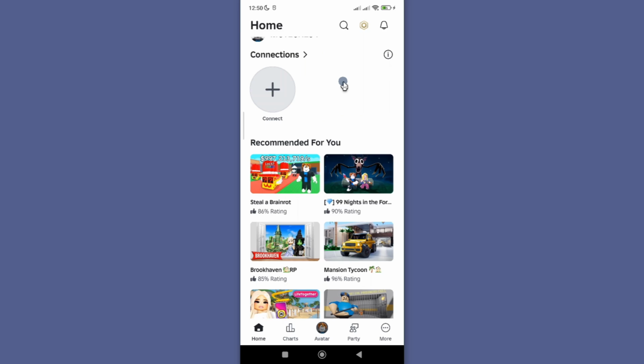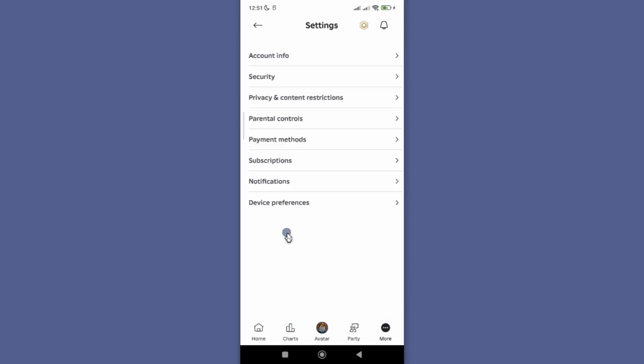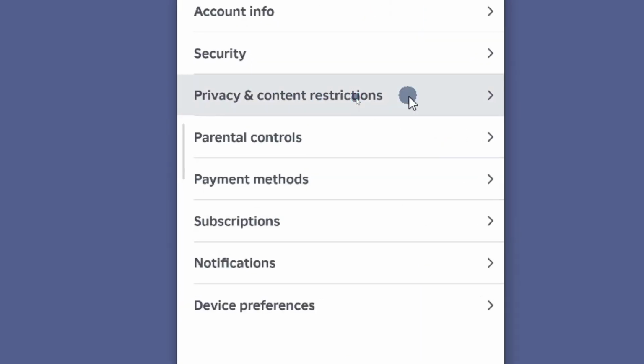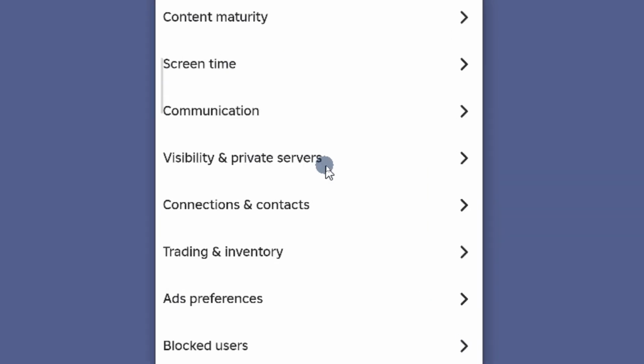Alright, to do this, you need to go ahead and log into your Roblox account and then head to More here. Now enter More, scroll down until you see this option called Settings. Under Settings, choose the option called Privacy and Content Restrictions, and from the setting list here, head to Visibility and